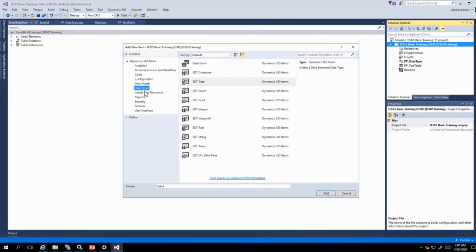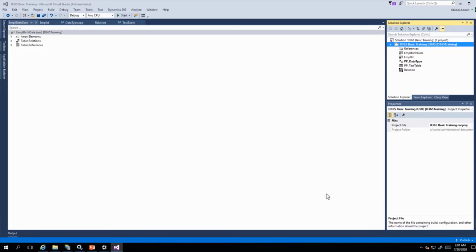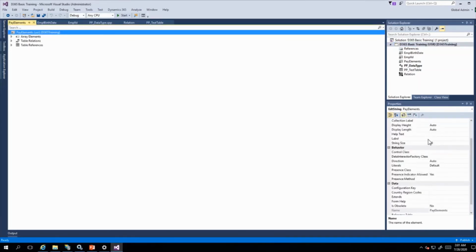So what is the objective of this EDT? We are going to store the pay elements. The pay elements, like basic, HRA, travel allowance, are all string type. So I have to use an EDT of string. You can name it pay elements. It's very easy to create.